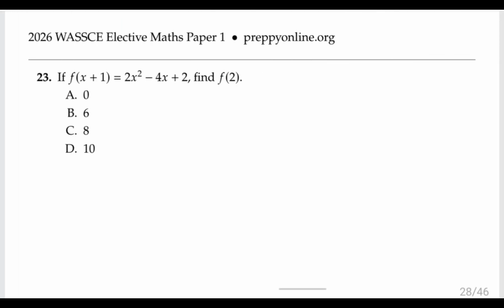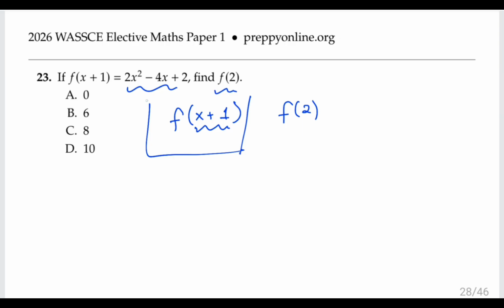Question 23. We have f of x plus 1 is equal to some expression, and we are supposed to find f of 2. So if we have f of x plus 1 and we want f of 2, the question is, what do we do to this x plus 1 to get 2? Or what value of x is going to make this whole thing f of 2? And the answer is, when we set x equal to 1,